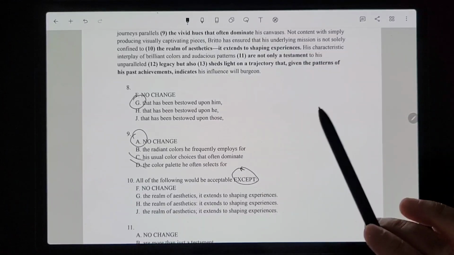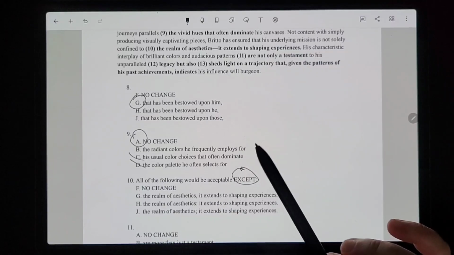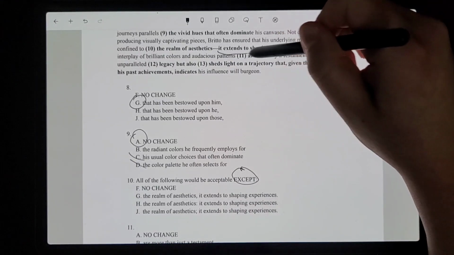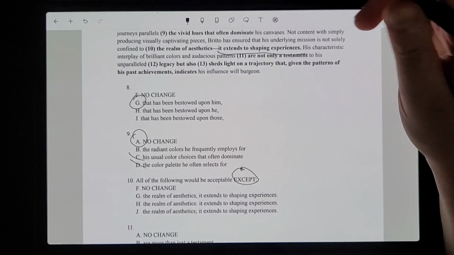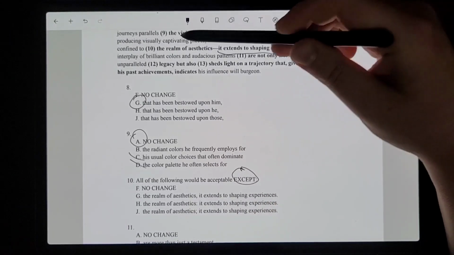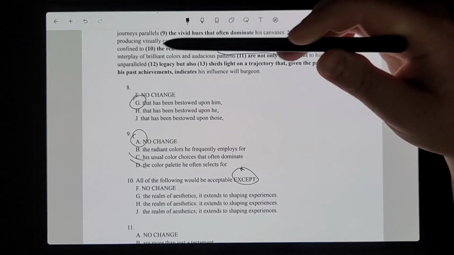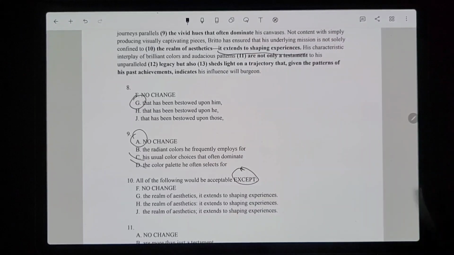So we have two independent clauses, so we could connect them with a semicolon. We also have an explanation or clarification following. This would be the explanation or clarification: it extends to shaping experiences further explains or clarifies what they mean when they talk about Brito has ensured that his underlying mission is not solely confined to the realm of aesthetics. It expands on that, explains it more.